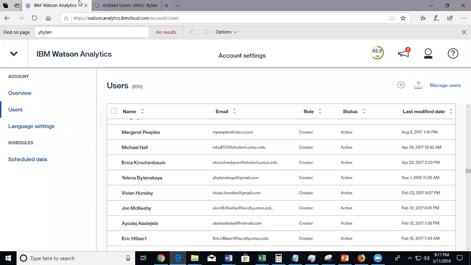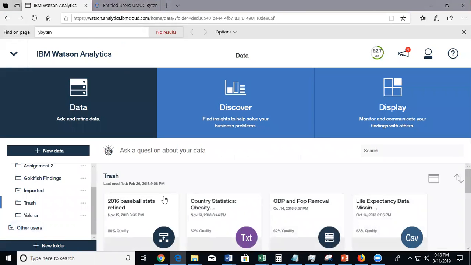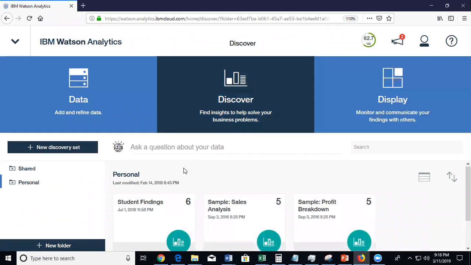On my admin account, I have a folder which I call trash. Anything that students save in the wrong place ends up in this folder. I was nice. I did not actually delete, okay? Because maybe somebody claims it. Anyhow,